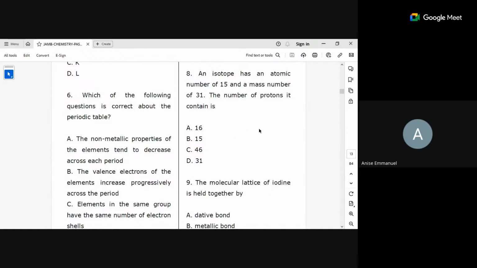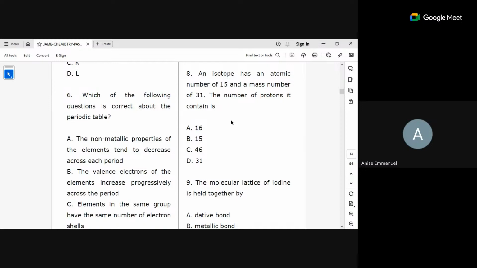The number of protons it contains is that. So this thing is very simple. Proton number is also the atomic number. Proton number is equal to the atomic number and is equal to the number of electrons, except if it is carrying a charge. If the element is carrying a charge, it's going to be different. If it is not carrying a charge, no. Are we together? But when it is carrying a charge, that is something very simple here.